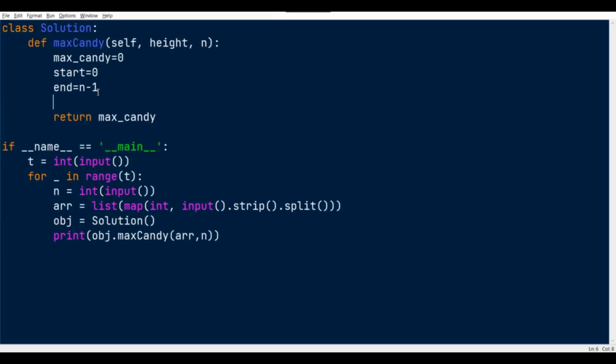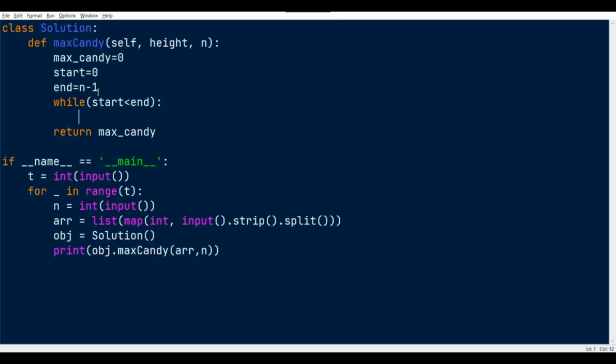That's it. So we just need to iterate from start to last, right? For that I'm using a while loop. While start is smaller than end, do the operation, which is nothing but candyCount equal to the formula: minimum of the heights of the two values, right?